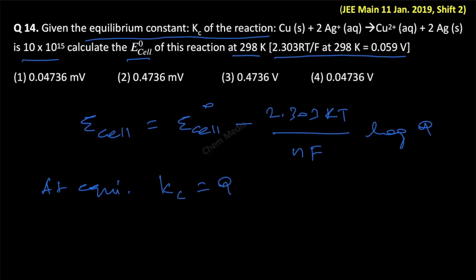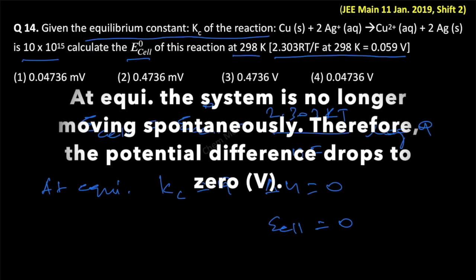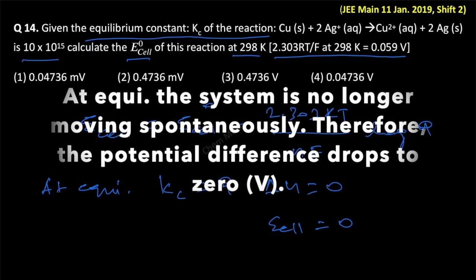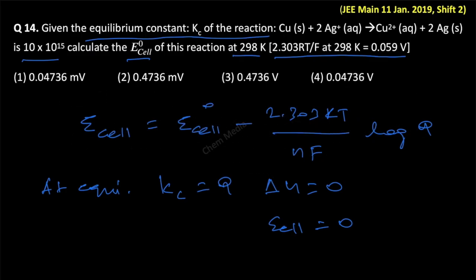Also, at the equilibrium, delta G is equal to 0. This means E cell is equal to 0, isn't it? Because there is no net electron flow. Therefore, the cell potential is 0. This means E cell standard is equal to 2.303 RT by nF